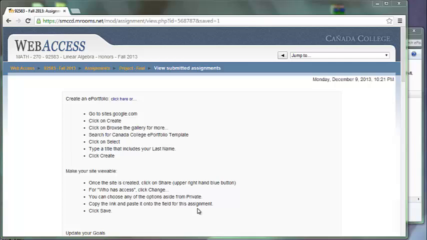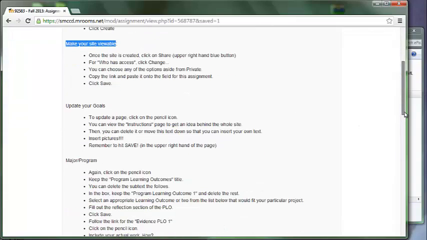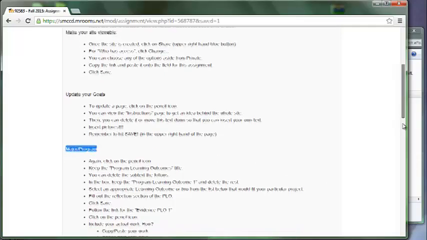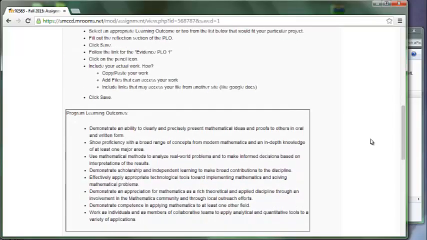Okay, this is a way to submit your projects. This is the assignment page from Web Access, and in this page we're going to talk about creating an ePortfolio, setting the shareable option to make it viewable to at least me, and then you're going to update a couple of pages, your goals page and your program page, major/program page, and your major/program page will require you to select a program learning outcome that you're going to match up your project with,